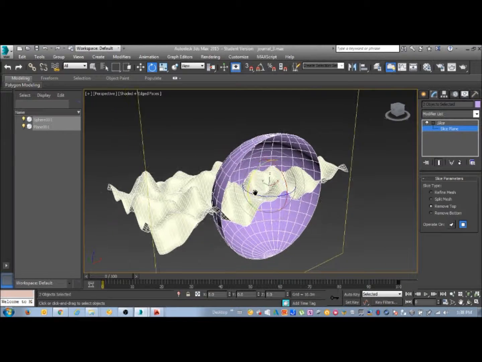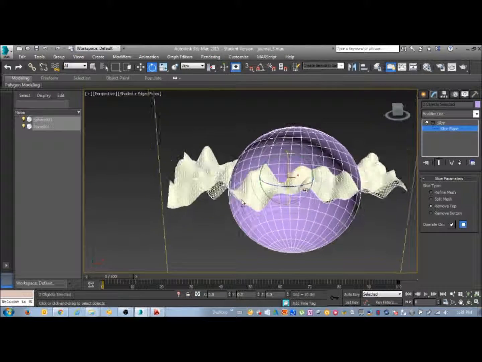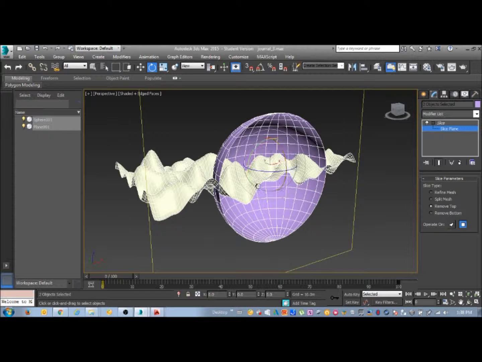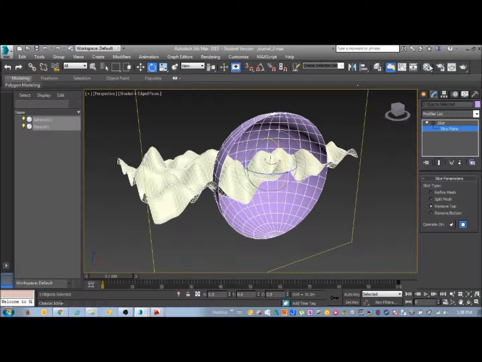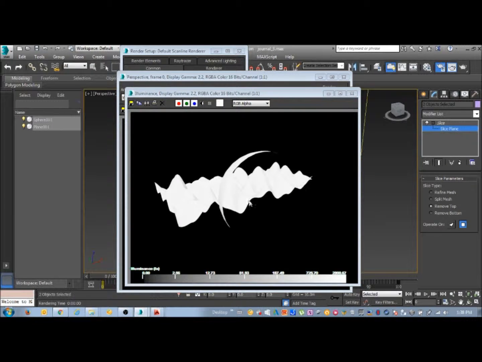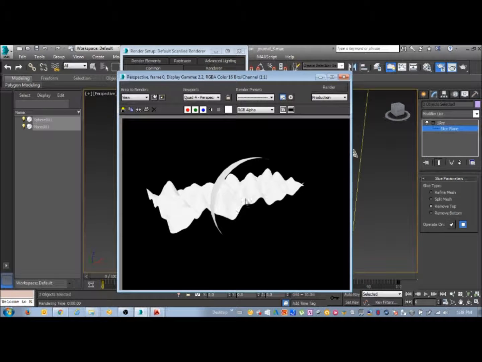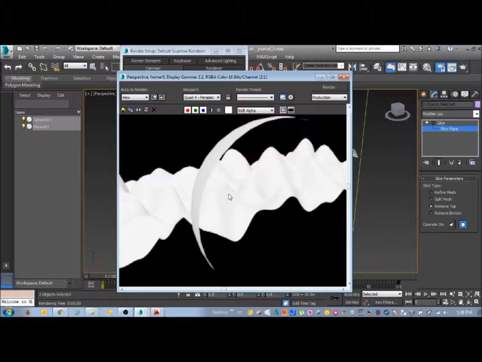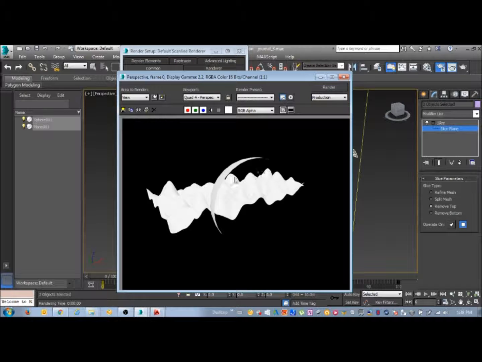So if you apply materials to this geometry, you can create some quite good rendered perspectives. So I haven't applied any materials, but I'm just going to do a test render now. So take that map away. So although no materials of mine have been applied, you can see that if you worked this up quite a bit, it can